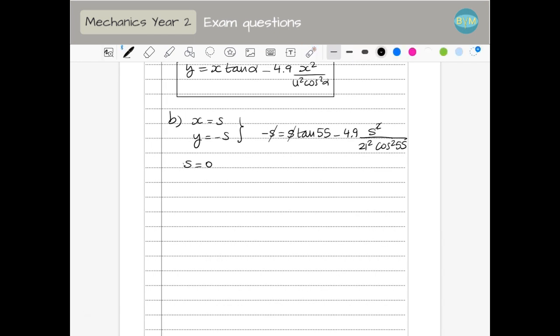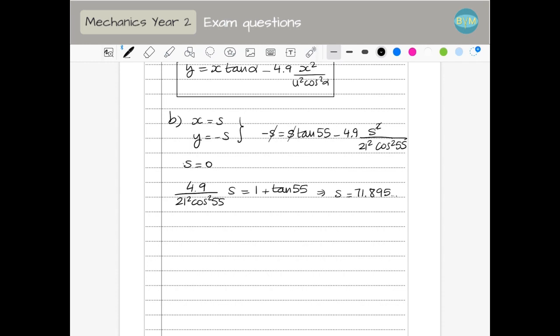So the other option is that s is going to be, let me do it in steps. So I have 4.9 divided by 21 squared cos square 55 times s is going to be 1 plus tan 55. And from here it's just easier. So I'm going to do this number here divided by all this with the calculator, and I get that s is